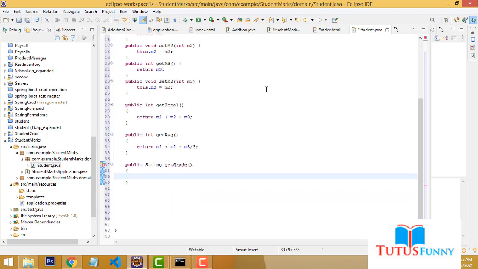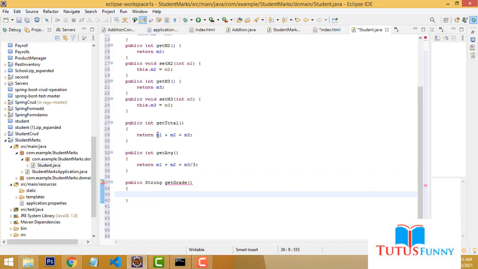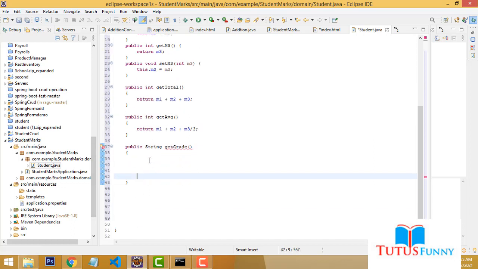Right. So here to calculate, first we have to get the average. The same thing you have to write here. You have to write double average. String grade.